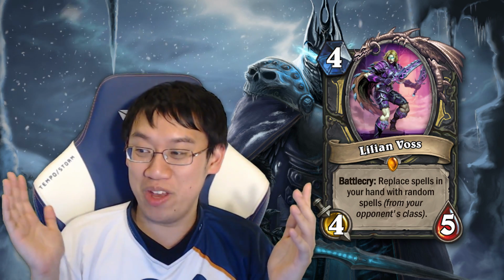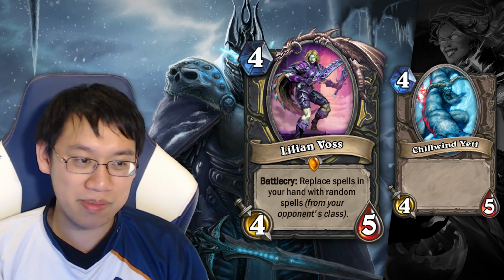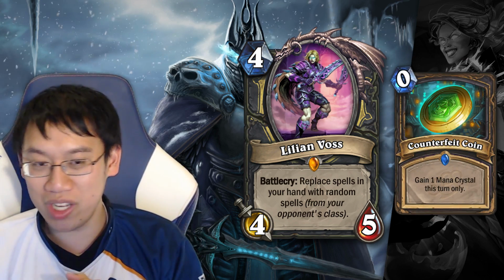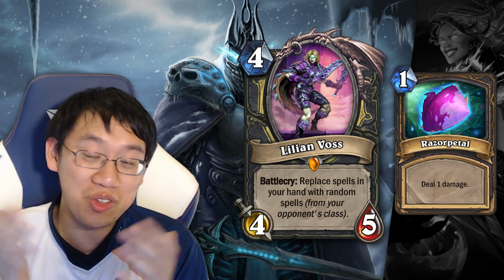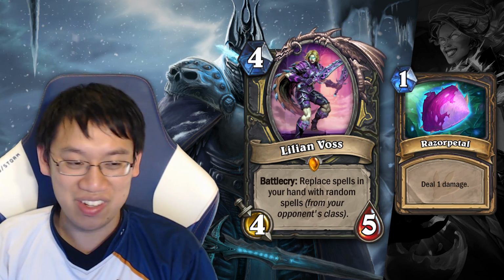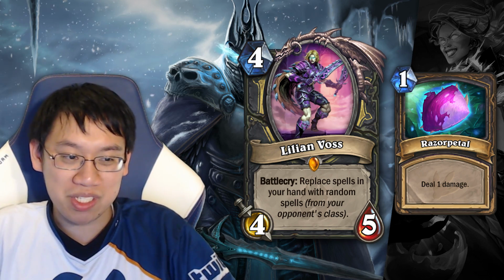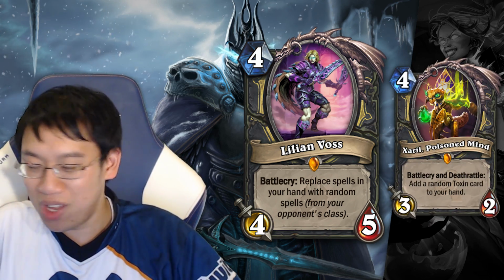Lilian Voss! Welcome to probably the most underrated card in the set. So it's already a 4-mana 4/5. People disrespect the Yeti stats. I mean, Yeti is borderline playable. Sometimes you have Counterfeit Coin, Razor Petal, and it turns out that replacing those with an actual spell, that's a really good effect. If this existed during the same time frame as Zeril, and you can play that in Wild,